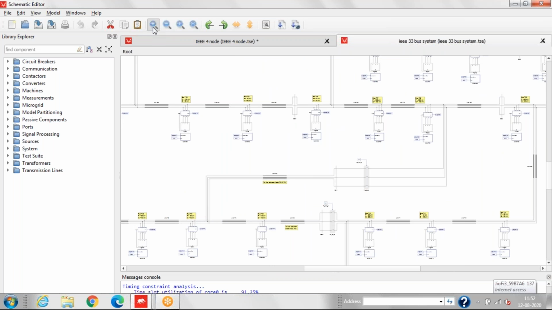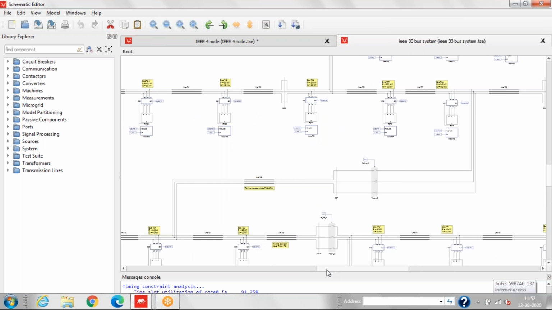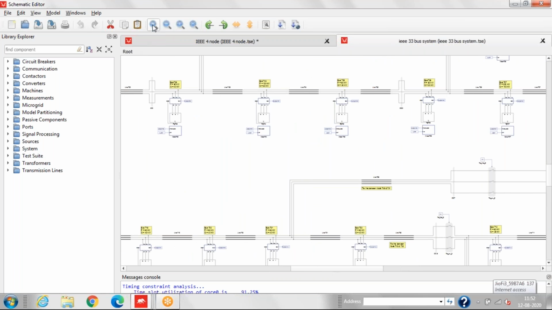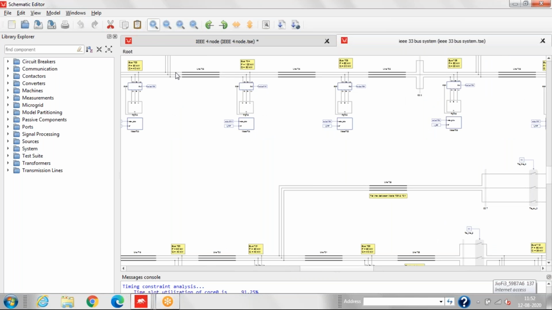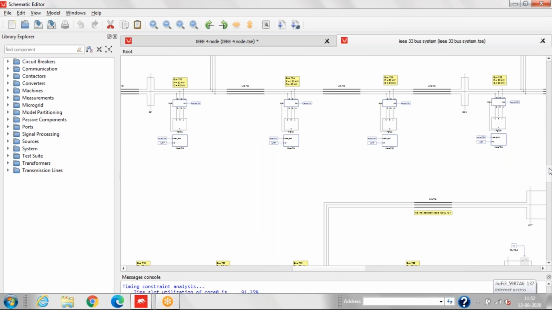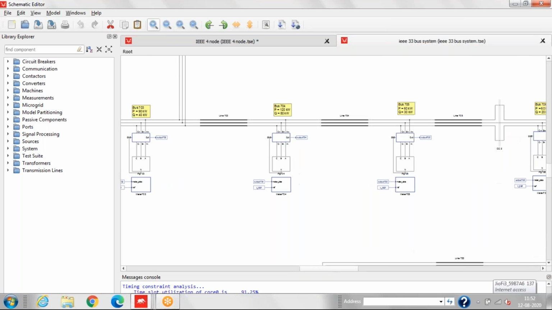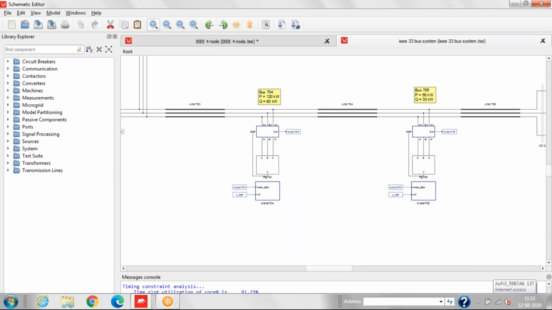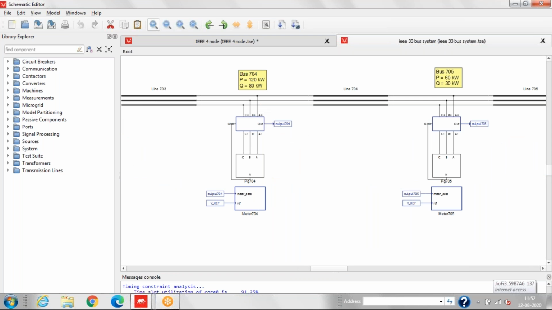Let me show you one node. I think now it is visible to you.